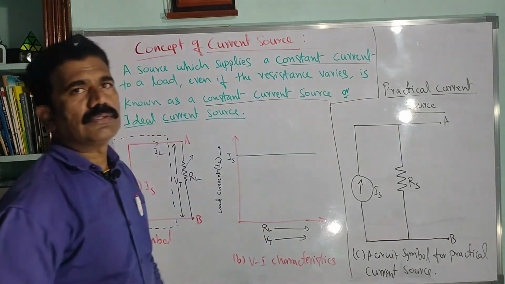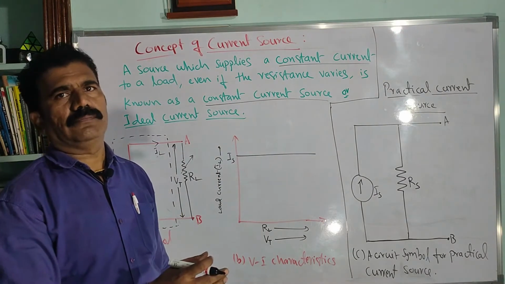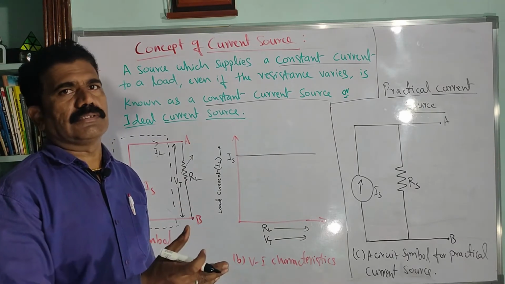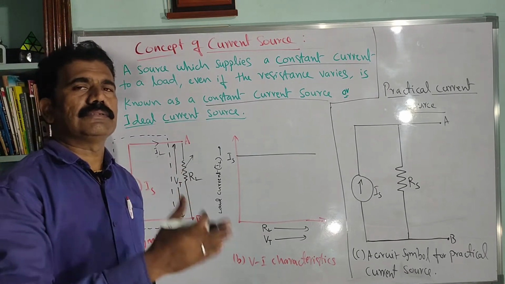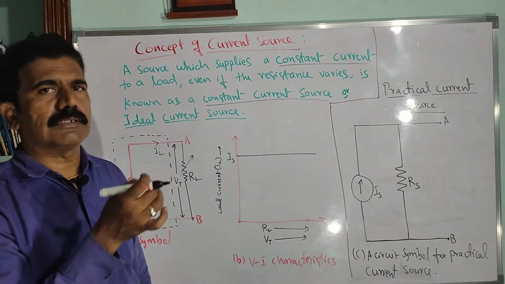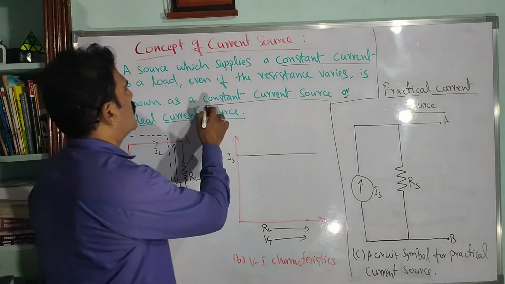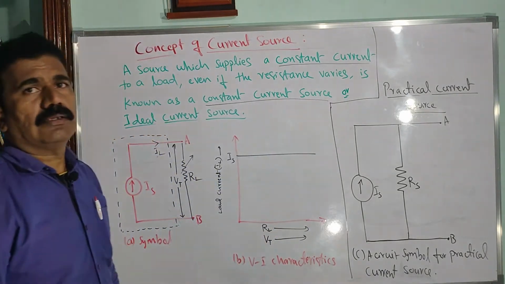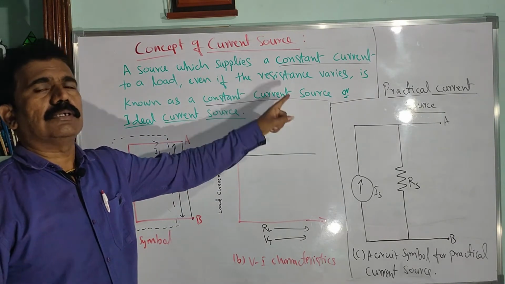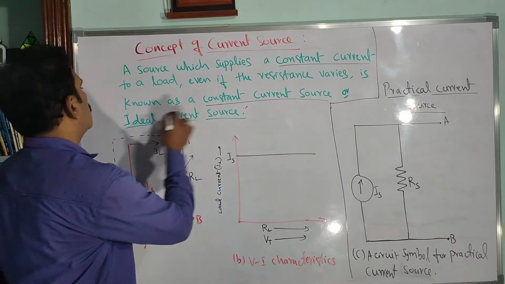So that means once you draw the current from a given source, it should always be constant, irrespective of the variation in the load. It may be any resistance across the given source. If you connect any resistance and vary it, but always we are able to draw the same amount of constant current from a given source, then only such a source is considered a constant current source. If it is possible to get constant current from a given source, that is actually the ideal current source. You can call it an ideal current source.